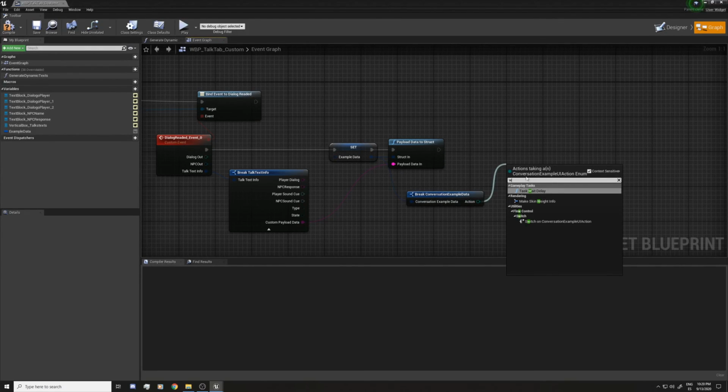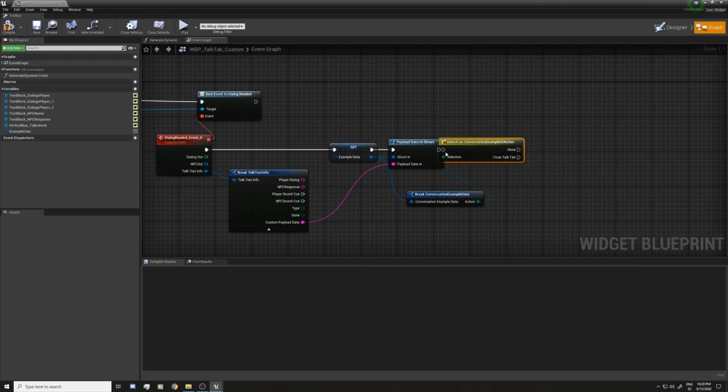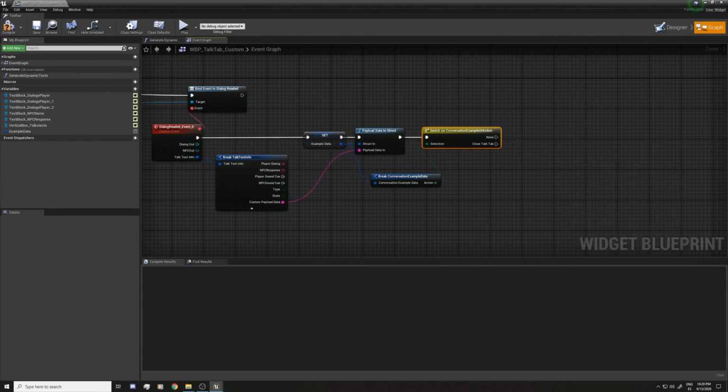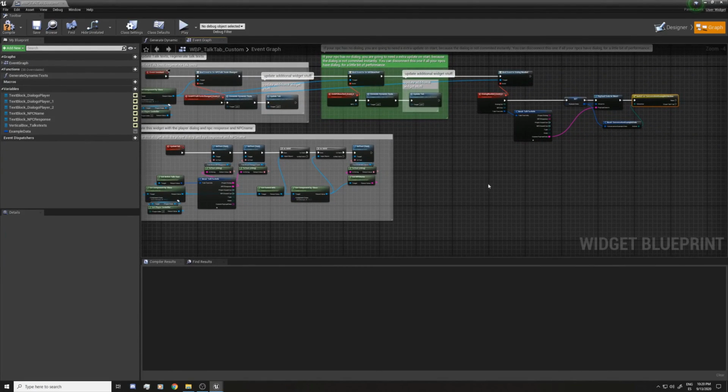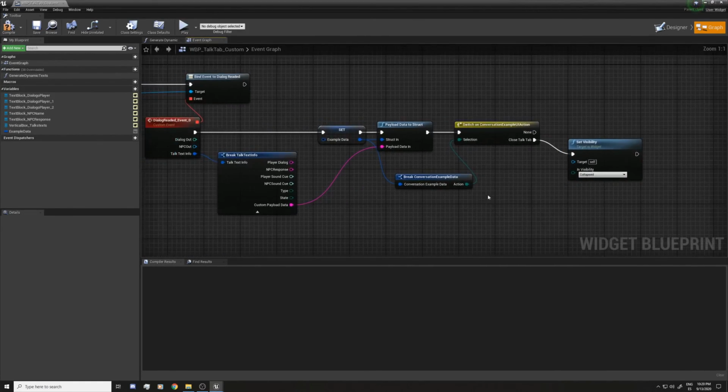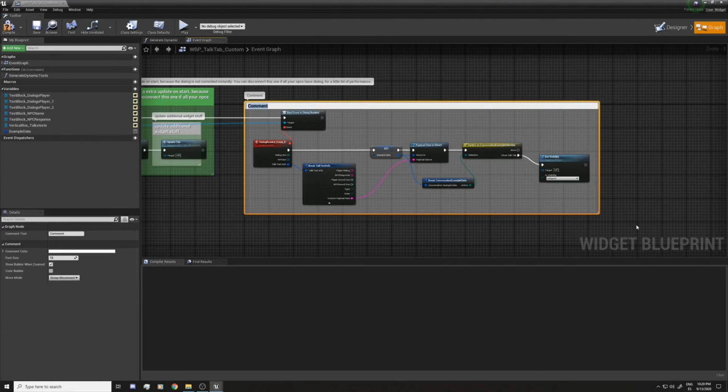So I'm gonna switch, and if we switch here, we can close the talk tab, and for that I'm just gonna set the visibility. So if you read some text with this action, I'm gonna act and I'm gonna collapse the UI for talk mode. For talk UI.